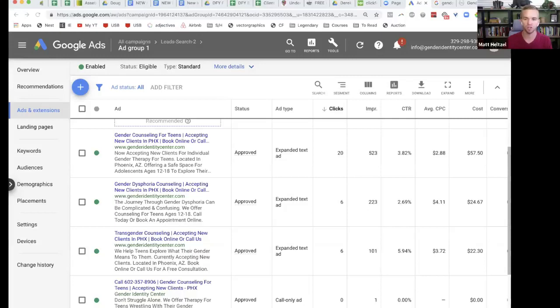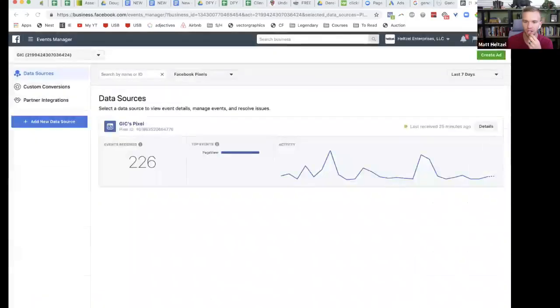You can put your pixel on any freaking website, any website. Do I need to say that again? Any website. All right, let me see. I got to make sure this Facebook pixel is actually working. Okay, yeah, there we go.